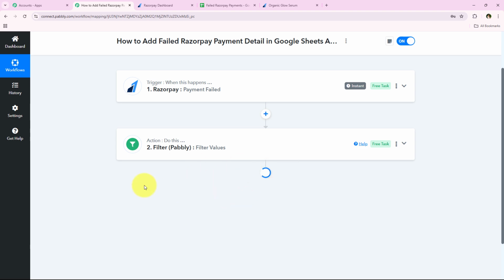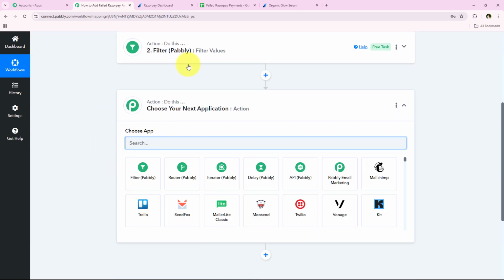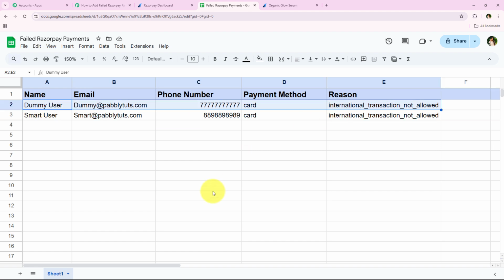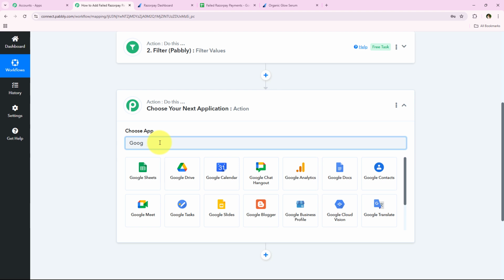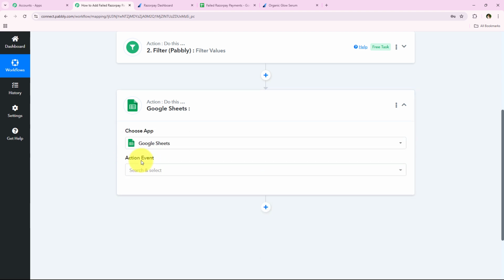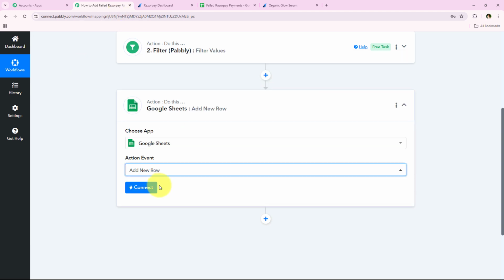Now we're going to add another action step where we want to add the field payment details right over here in my sheets, right? So for the action application I'm going to select Google Sheets. So I'm going to search for Google Sheets, and as you can see the same, so we're going to select it. And now for the action event we are going to select add new row